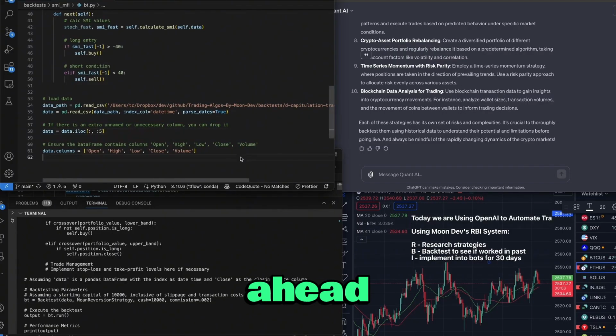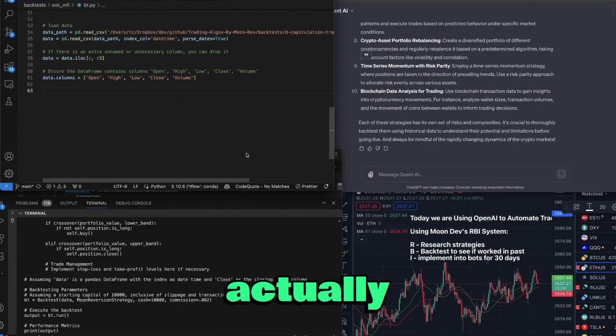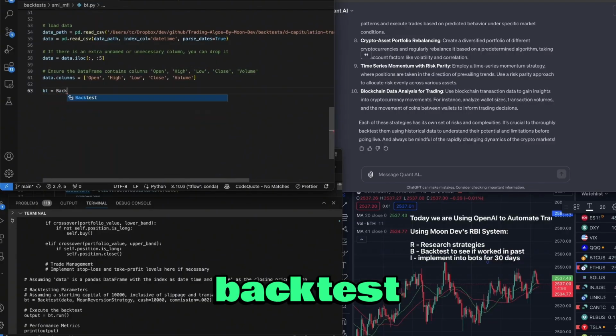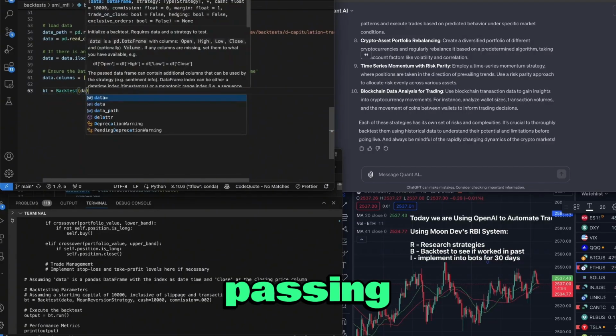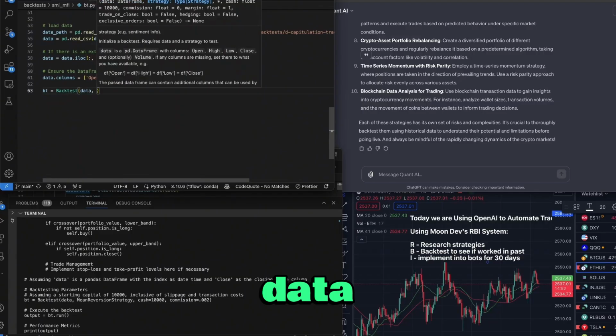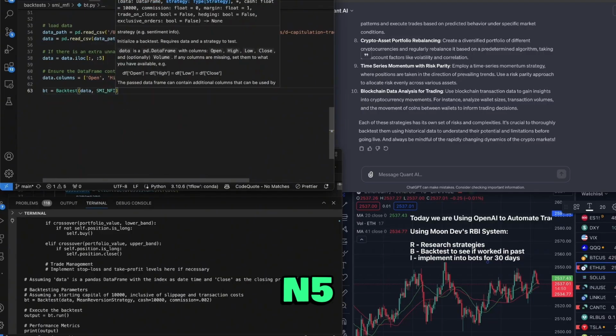And then we want to go ahead and say backtest. This is where we actually do the backtest. BT equals backtest. Pass in the data. Pass in the SMI N5. Pass in the